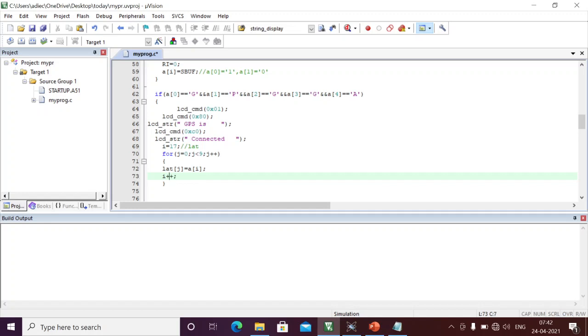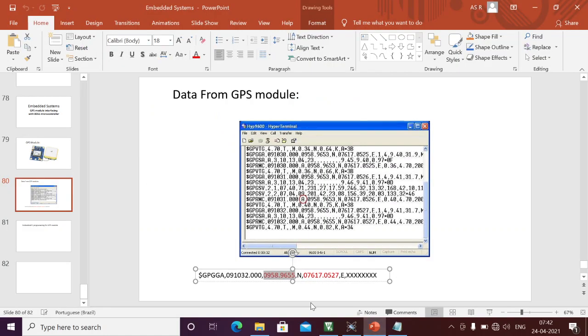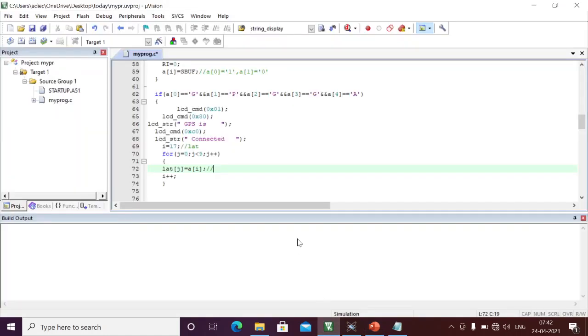Here first j equal to 0, latitudinal of 0. I'm storing the first value. What is my latitudinal of 0? It is the single quote 0, and I should pick up the next data now. Next j increments, 1 is less than 9, latitudinal of 1.